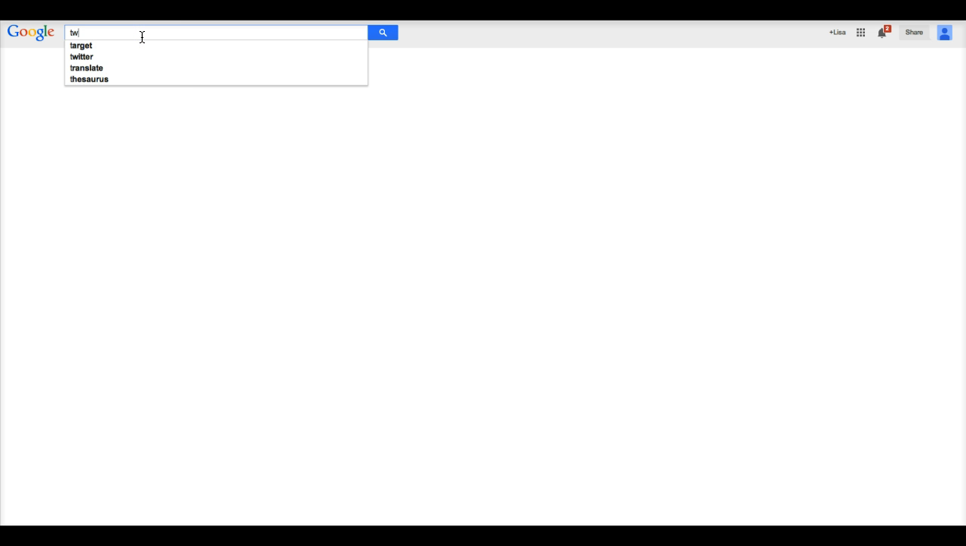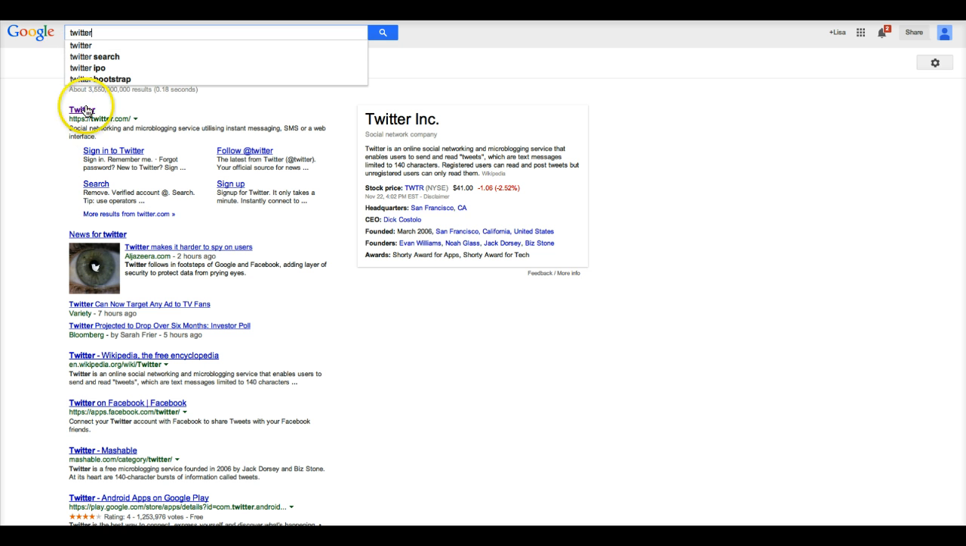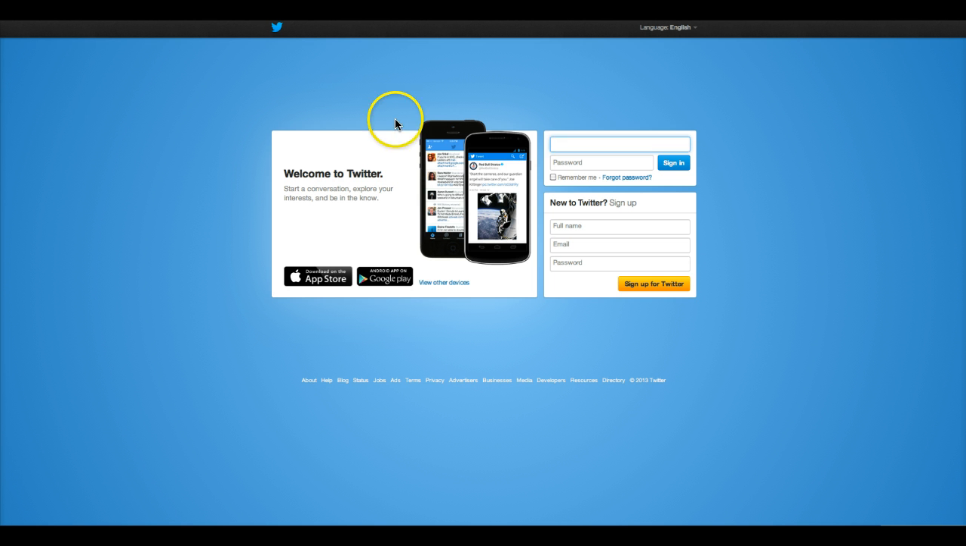In order to get started, simply enter Twitter into your preferred search engine and click on the website. Twitter is the kind of program that does require users to create an account. If you already had an account, you could sign in here. If you have never been to Twitter before, you will need to sign up using your full name, email, and